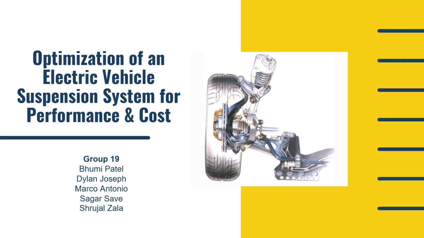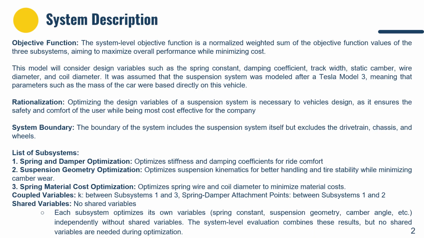In this presentation, we will discuss the optimization of an electric vehicle suspension system for performance and cost. The system-level objective function is a normalized weighted sum of the objective function values of the three subsystems, aiming to maximize overall performance while minimizing cost. The model will consider design variables such as a spring constant and damping coefficient, and it's based off of a